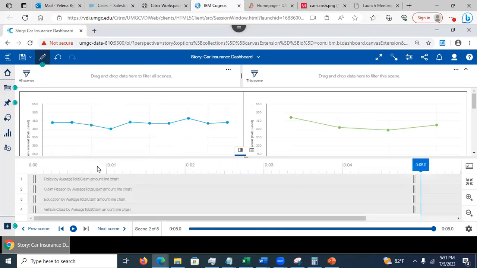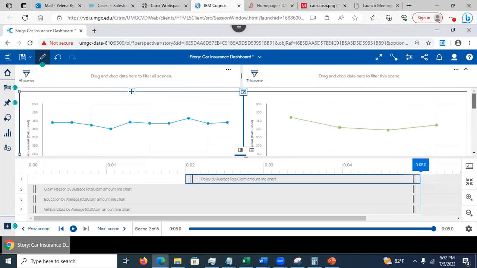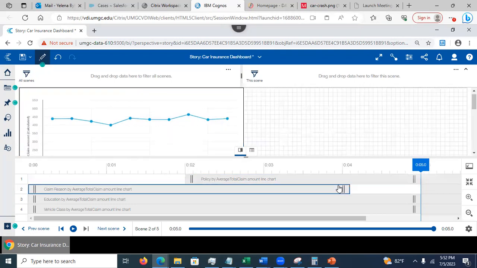Look, at the moment, the scene is 5 seconds long. All objects appear throughout the whole duration. Each object, in this case there are 4, has a little bar. I can drag and drop this to specify when it becomes visible. So this is one of these visualizations, and I want to show it only after the first 2 seconds. Another chart, I only show for the 4 seconds. Then I can also